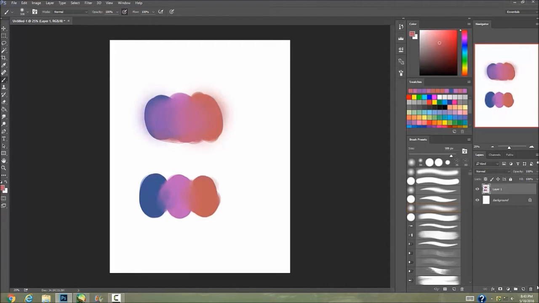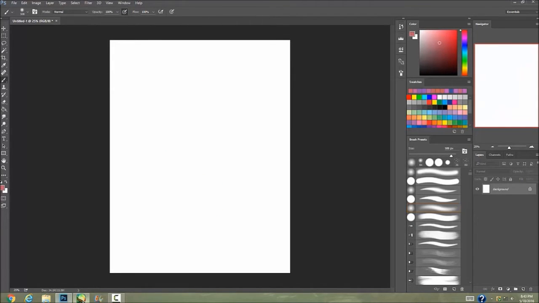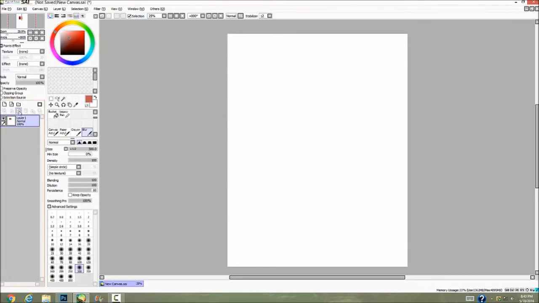Okay, so I'm going to get on to my next point, and that is that using references is okay. People really don't realize that it is okay to use references when you are drawing. So I made that mistake a lot. When I first started digital art, I thought that it was not okay to look at something while I